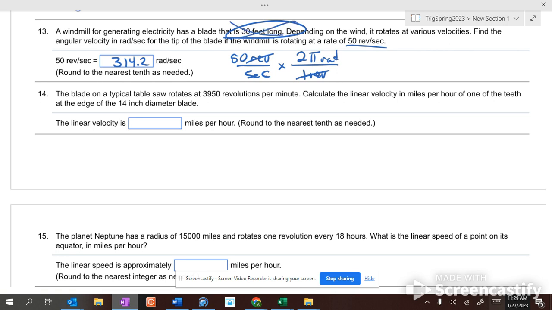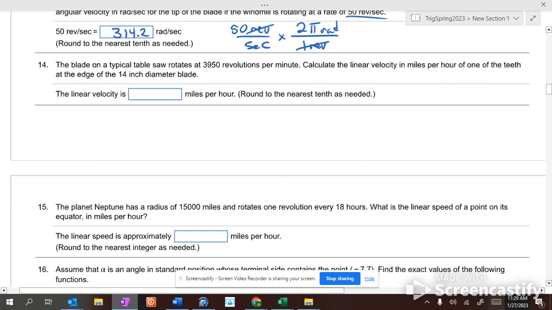Does the 30 feet have anything to do with this problem? No, that's when we change it to linear velocity. So linear velocity is when we take the 3950 revolutions per minute